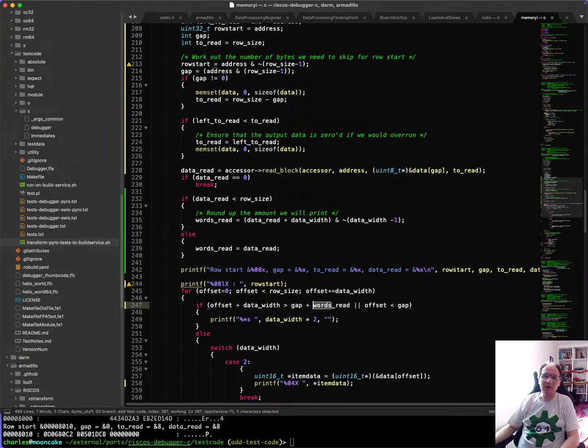Right, so we're here. If we're here, this is at offset 4. Offset 4 plus the data width, which is 4, is greater than gap plus words read. Gap is 0, words read is going to be 4. So it's not going to be greater than 4. So it should print it. And then when we're here,